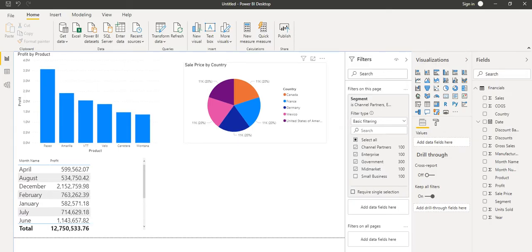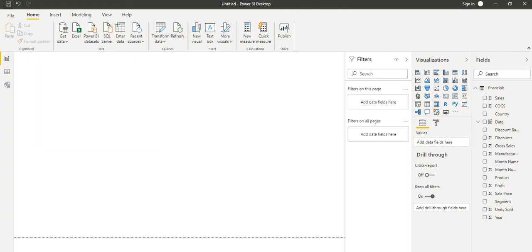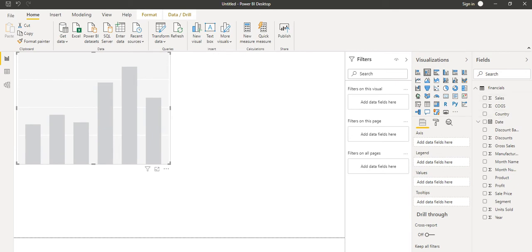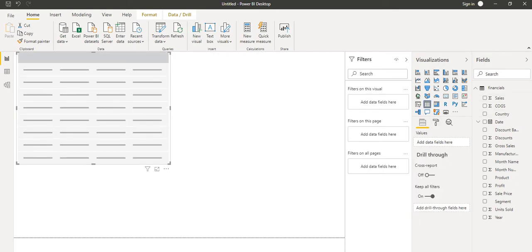This is the page where we implemented the filter on page. What we will do is create two sheets here. I will name this one page 1, and here I will take two charts. I'm going to take this column chart, and another chart, let's take a table.